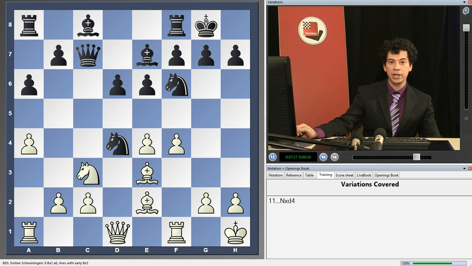I'm going to be taking a very deep look into these positions, trying to figure out how white is trying to obtain any kind of advantage and how exactly black is able to reply to any of white's ideas and obtain a fantastic position. Black has scored incredibly well in the last year and a half in this position, and I believe that we will be seeing much more of this variation in the coming